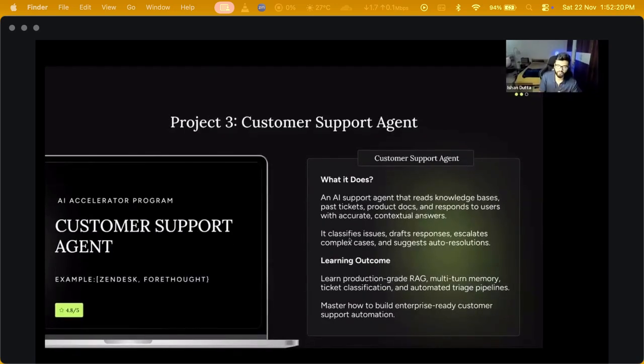Third is a customer support agent, one of the most requested projects that we have over here. If you have heard of Zendesk or Forethought, it is a similar version to them. How do you create an AI support agent? It's not just having a prompt around it. There are multiple things which you have to keep in mind. How do you read knowledge bases, past tickets, present tickets? How do you look for docs that are there in the company and respond to users with